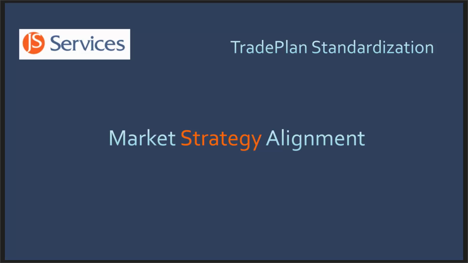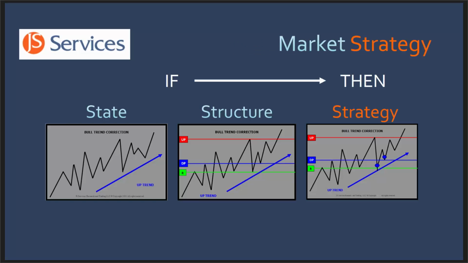So we have what color is the day, what's the nuances of that day. We have the structure of that state, and we know where that state can change, and where those points are that we're going to find more liquidity in the market, and you're going to have some real activity there. And now we need to align it with the strategy, market strategy alignment. So this is when we're really getting